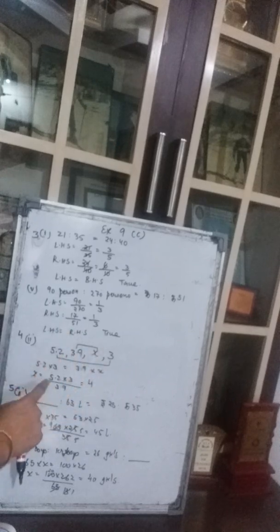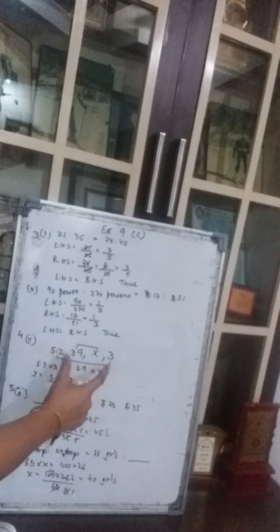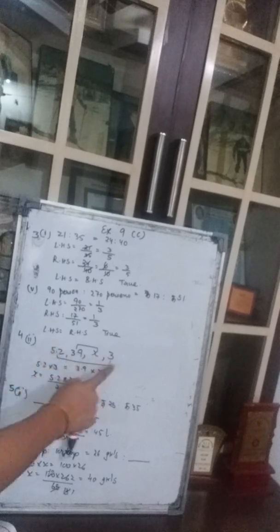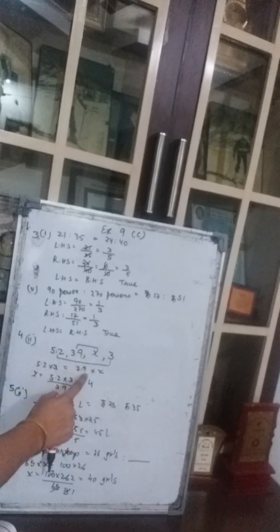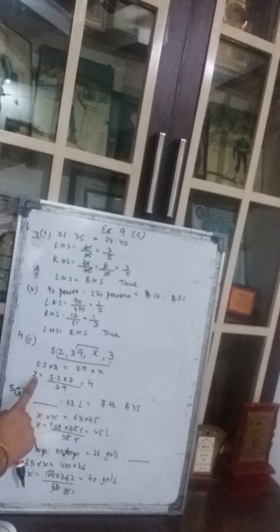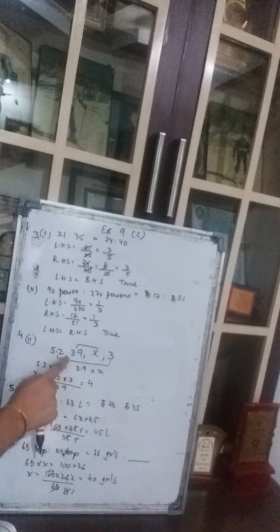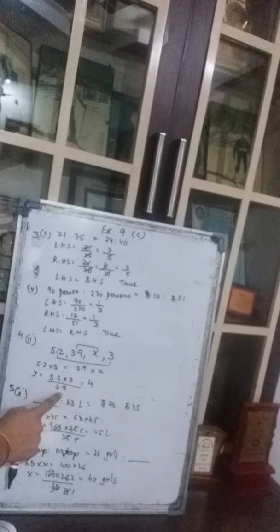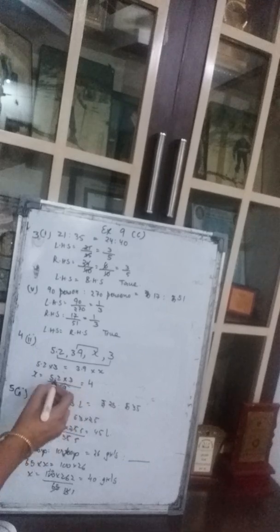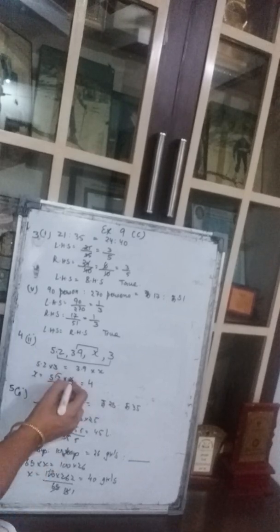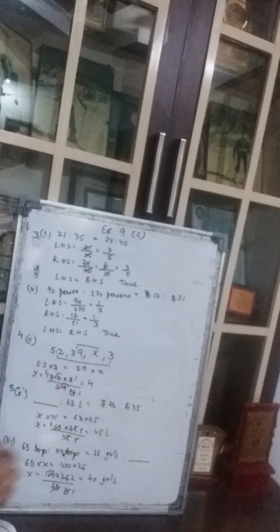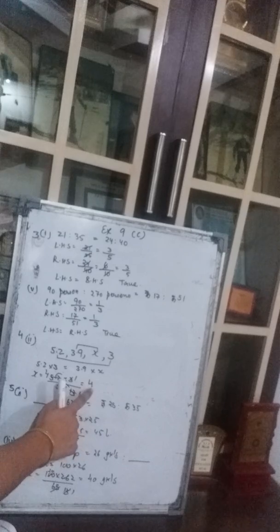Now we will apply that formula. The product of extremes should be equal to the product of means. Why? Because these are already in proportion. It is given in the question. So 5.2 into 3, these two are extremes, should be equal to 3.9 into x. So x is equal to 5.2 into 3 upon 3.9, because 3.9 was getting multiplied here, it will get divided here. So here we will remove the decimals. 3 ones are 3 and 3 13s are 39. Then 13 ones are 13 and 13 fours are 52. So 4 is the answer. This is the third term.